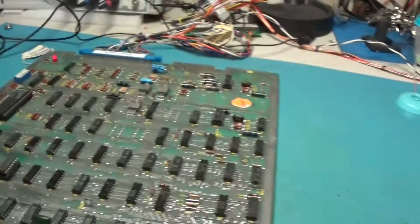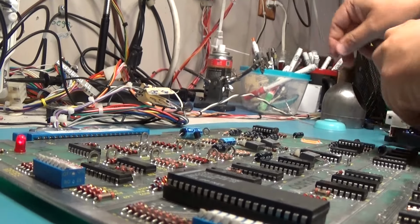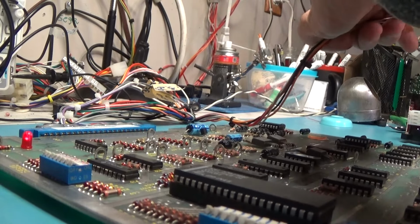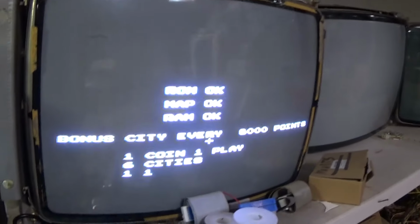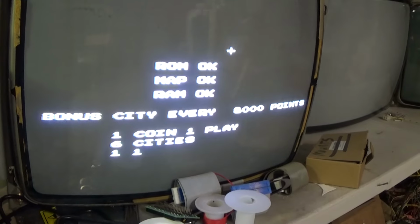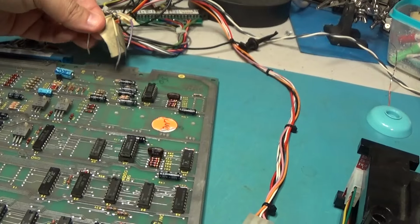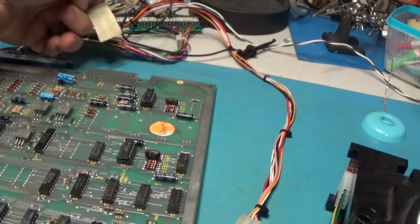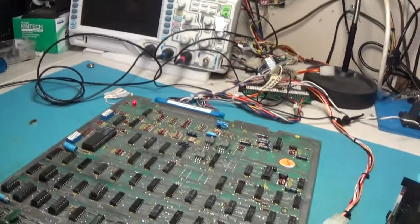So we need to check this stuff. We need to plug in the trackball. Okay, trackball is plugged in. We need to put it into test. Okay, trackball works. Up, left, right, down, works perfect. And our input switches. Here's our 3 fire buttons. Good. Good. Good. And then I need to hook this up to do the other input switches,